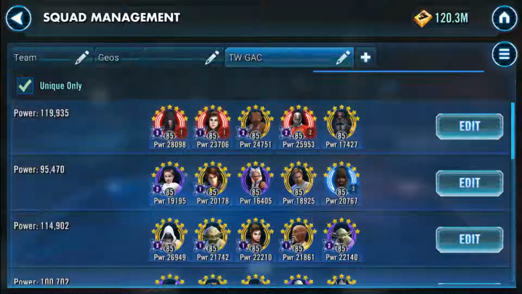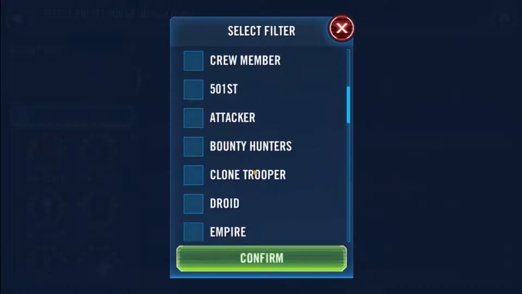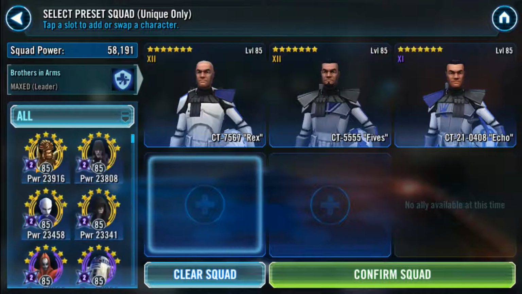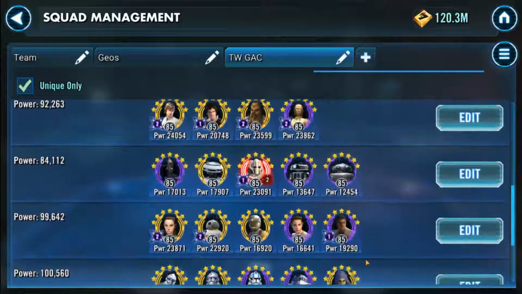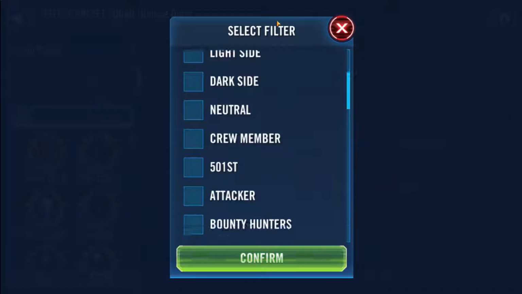And the reason I'm not using R2 is because I know there's another team that I'm going to use that is Clone Troopers. That is Rex, Fives, Echo. Then we'll go with R2 and Zeta Barris. All right, so this is another team. And again, you just go through your roster and you keep on creating these teams that you're going to set